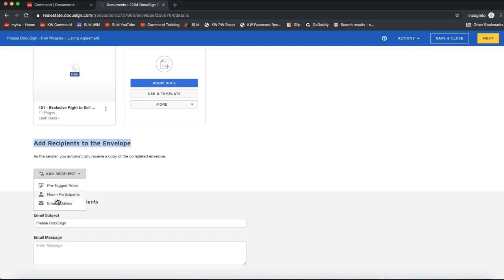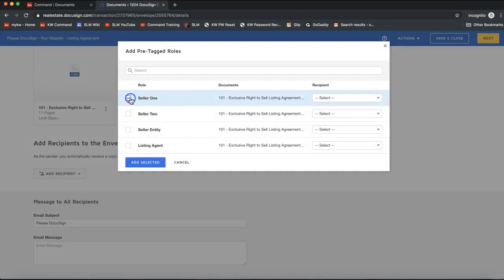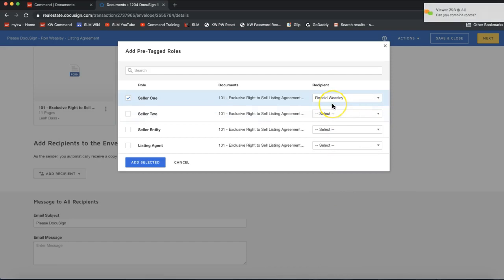But since we already did that, I'm actually going to select pre-tagged roles. So if you select pre-tagged roles here, it will allow you to, let me show you. So again, click add recipients and then pre-tagged roles. It will allow you to assign each contact to a role. So seller 1, I can go ahead and click here and select my contact from that dropdown. Now the reason that is so important,